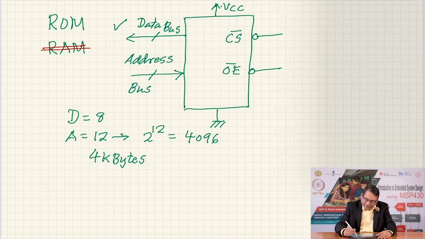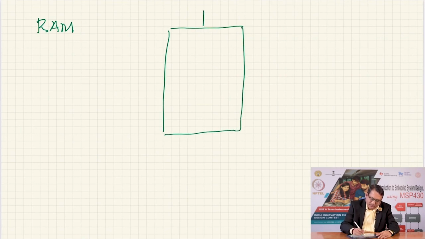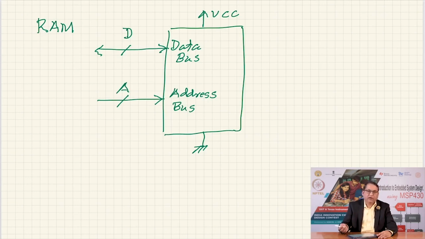Similarly, the way the RAM works is, for a RAM device, we have almost identical configuration except one more extra line. So, we have the VCC here, we have the ground, the data bus, I am going to write it here. Now, because it is a RAM, meaning you can read as well as write data, the data bus is bidirectional, and again it may have certain number of bits. Let's call them D number of bits. The address bus is unidirectional, and this may have a number of address lines, and it also requires control signals, again a chip select,